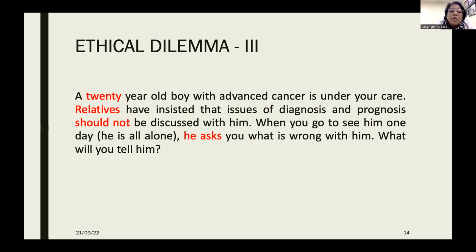Otherwise he wouldn't have asked you this even when he was alone. You have to take this as a positive point. And then, as you rightly mentioned, we need to see the situation. We need to find out how much he knows and how much he wants to know, and slowly try to communicate the bad news, right? But I would agree with everybody who said that we have to tell this patient